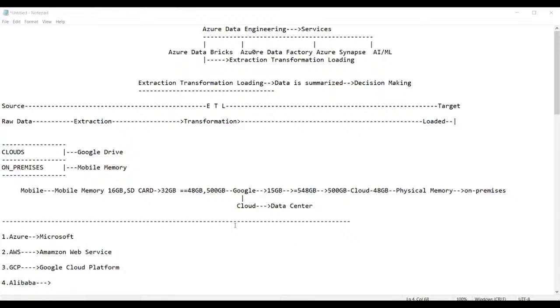Sir, what is the duration? Duration will be 60 hours. Okay, 60 hours. Is it required to learn both Azure Data Factory and Azure Databricks for industries? See guys, there is no connection between Azure Data Factory and Databricks. If you learn it, that is up to you. If you don't learn it, there is no problem. You can get a job individually on Azure Databricks as well as on Data Factory. These are 2 different services.